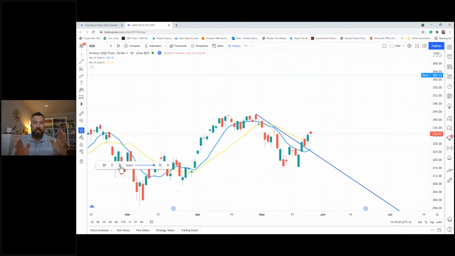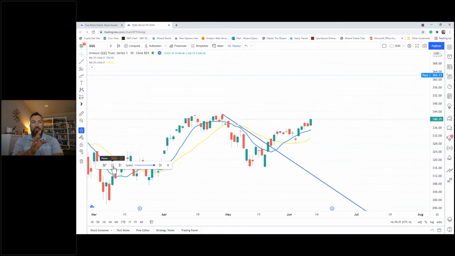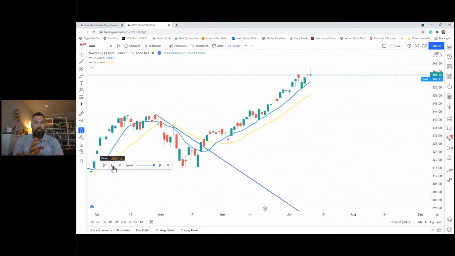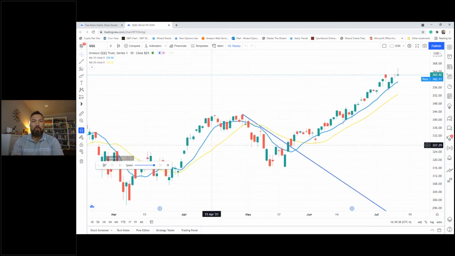Okay, so I like to do it in layers so you can visually start to see how these lines interact together independently. Once we layer in candles, it always seems to add a level of complexity, and I want to try to simplify it. Okay, so bar by bar, as we start to roll forward, the correlation between how those lines react become important for us. Now here we are back to the current market right here. That's today. Look how the bars react against these trend lines.